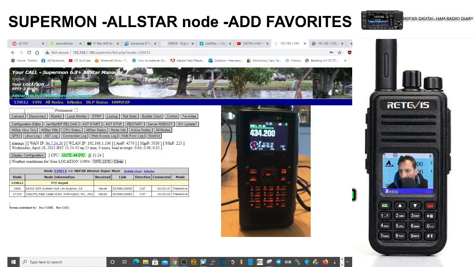7339 connected to node 5390. Right, well